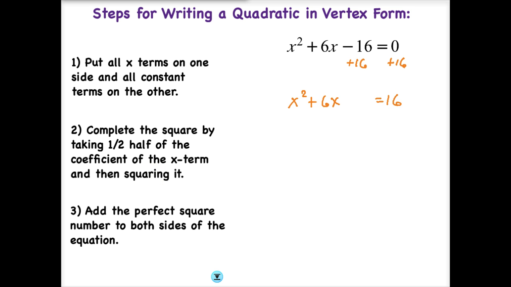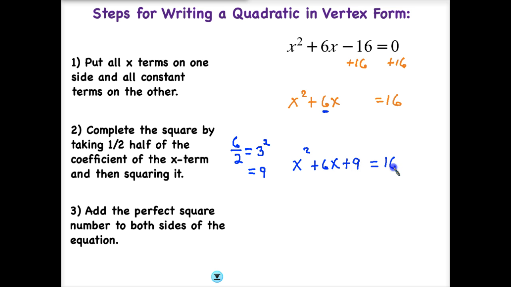Step 2 says complete the square by taking 1/2 of the coefficient of the x term and then squaring it. So we're talking about our 6 here. So let's take half of the 6, which is 3, and then if we square it, we end up with 9. So a 9 is what we're going to plug in here. So we end up with x squared plus 6x plus 9